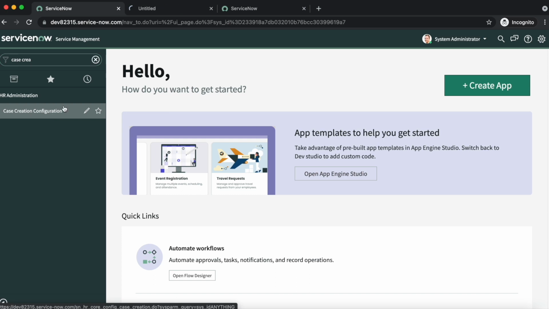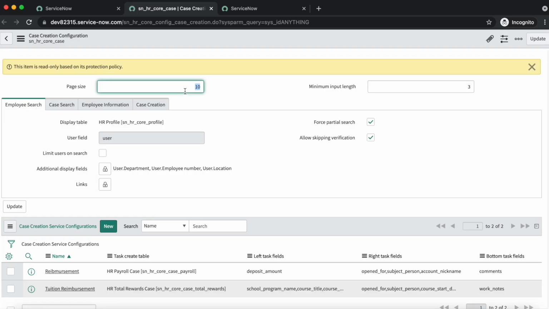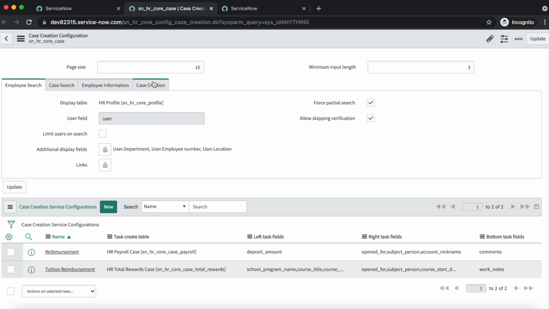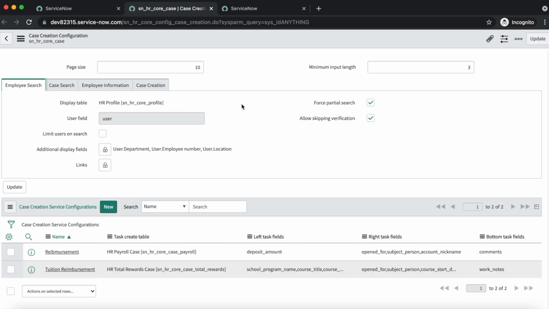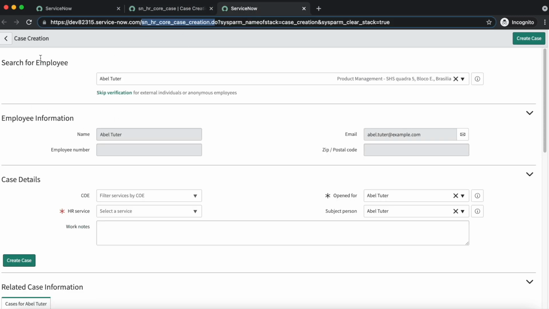So I will click on that. Here you can see that we have different options to make changes for the case creation page, like page size, minimum input length, employee search section, case search, employee information. So we have different options over here to make changes, and they will get reflected in the case creation form.